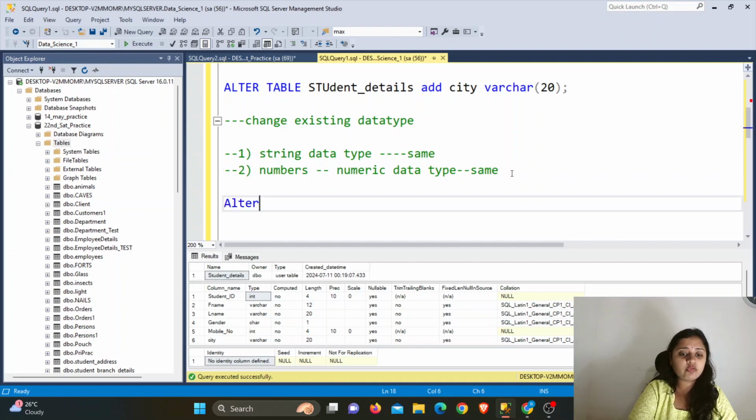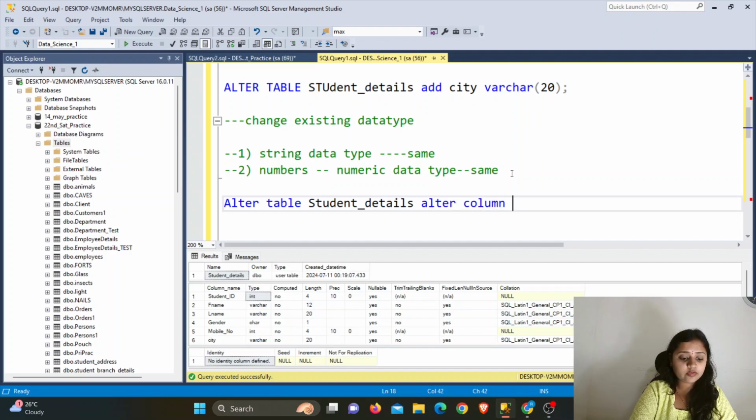You need to use alter, then column. Wait, we will do alter table here. Just a second, guys. Alter table, table name student details, then alter column.